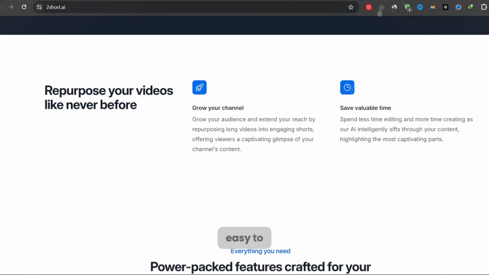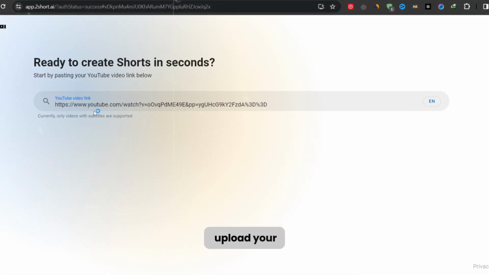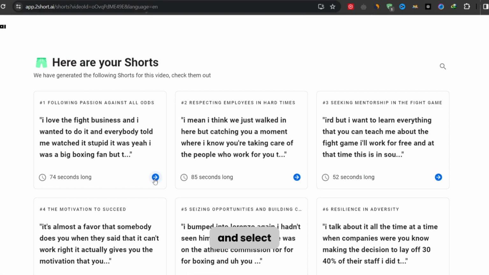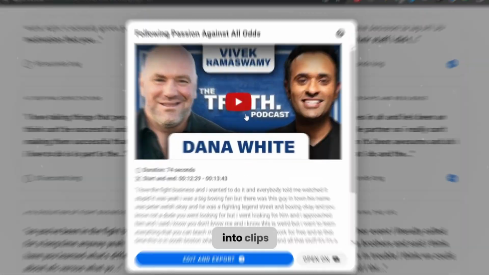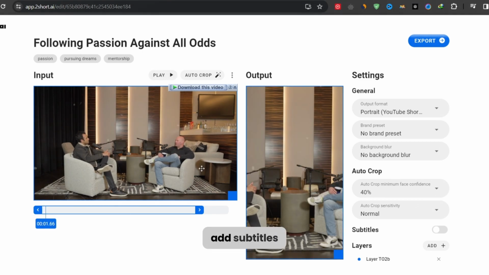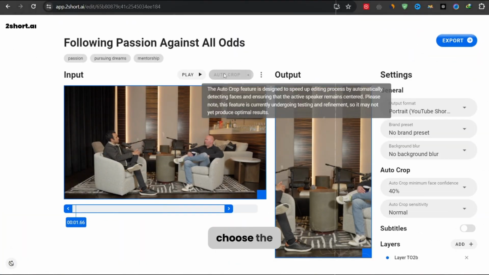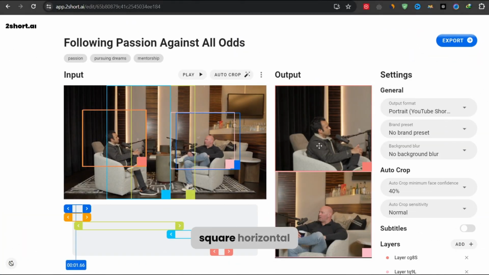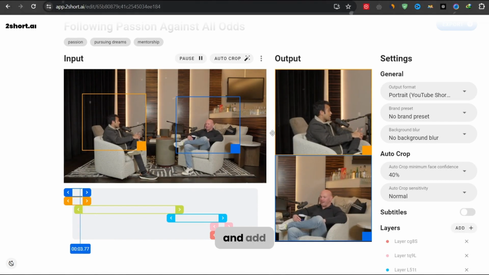TooShort.ai is super easy to use. You just upload your video, get the transcript, and select the text snippets that you want to turn into clips. TooShort.ai will automatically generate the clips, add subtitles, and customize the appearance to match your brand. You can also choose the format of your clips, whether it's square, horizontal, or vertical, and add a catchy title